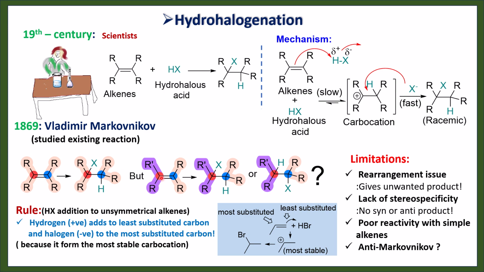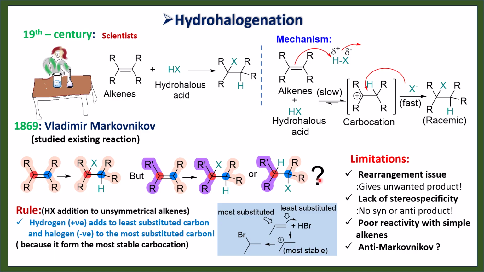But if an unsymmetrical alkene is used for hydrohalogenation reactions, in every case he found that the halide attached to a particular side of the double bond,